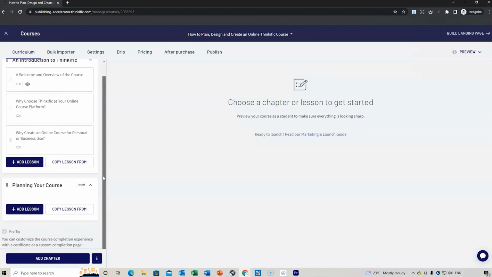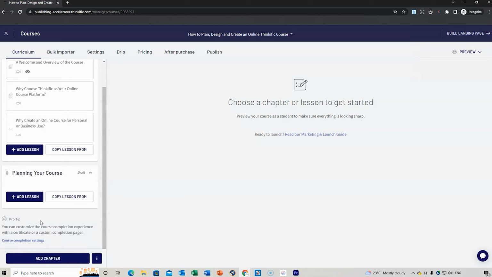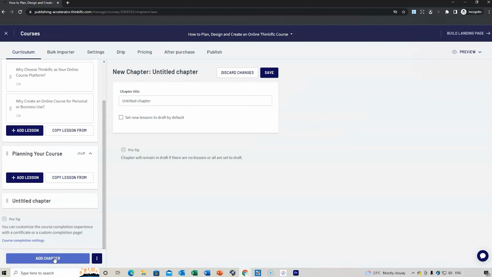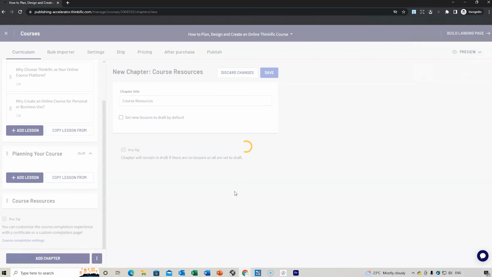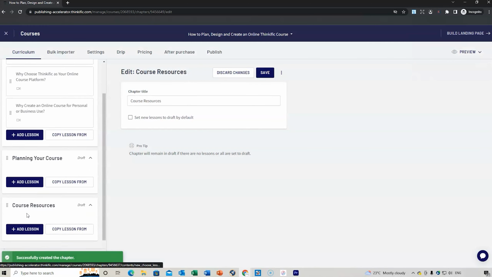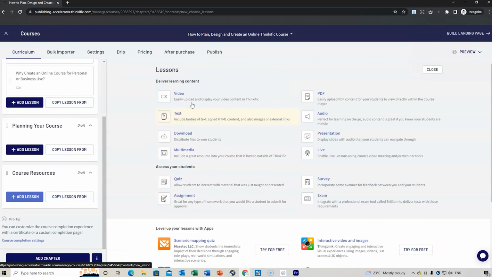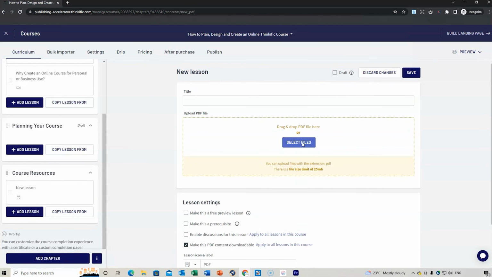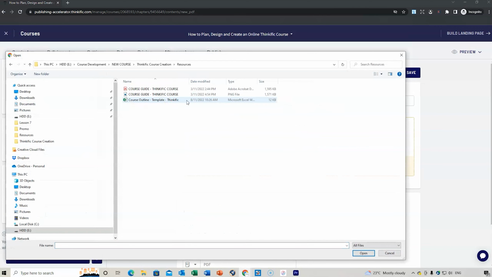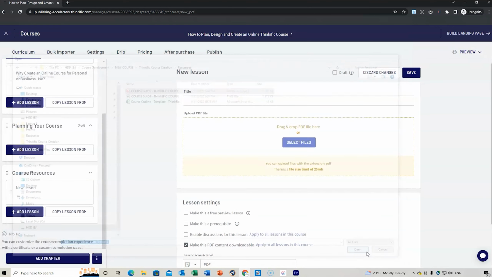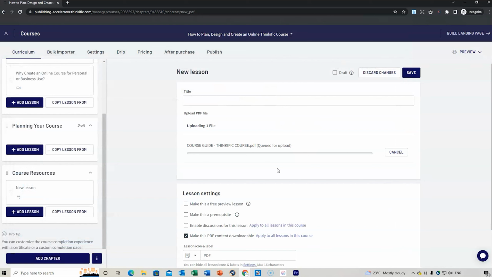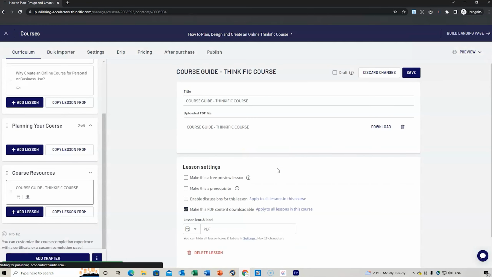Now you can add a resources section as well. So if we had add chapter and we had course resources, we save that, and then we want to add a lesson here, and we might do a PDF, and we're going to select the PDF from our resources, which is this one, and this will then upload for us, and we can then offer that to the students that complete the course.